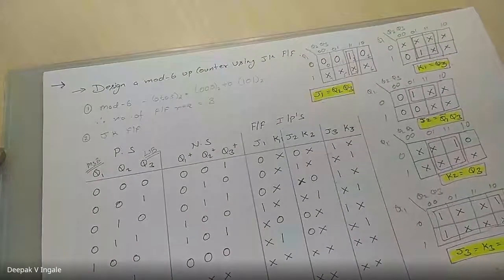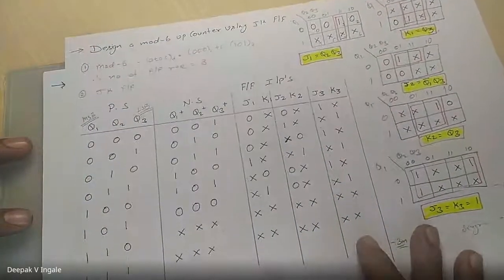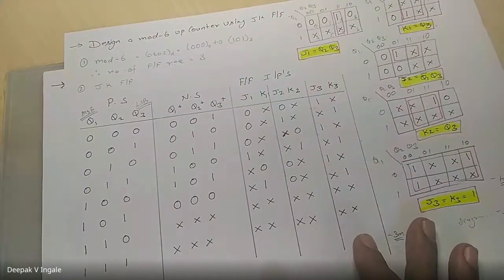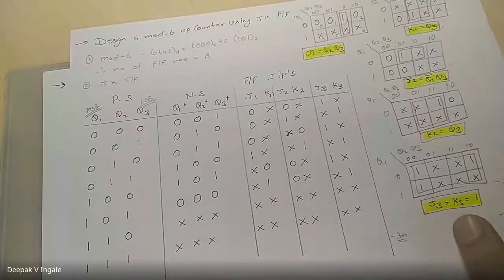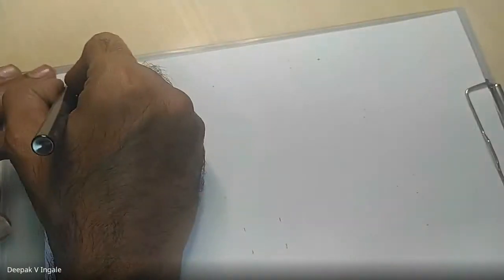A very good afternoon. So now let us see one more example of how to design a synchronous down counter. We saw an example of a mod 6 up counter in the previous episode. That was done for a mod 6 up counter using JK flip-flop. We'll go for a mod 7, probably a mod 7 down counter.